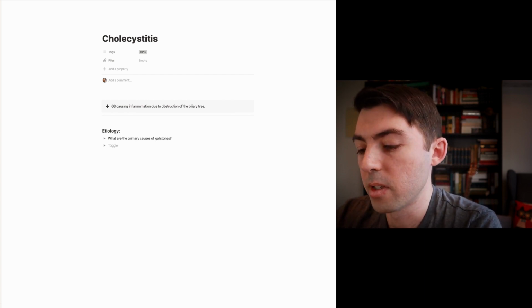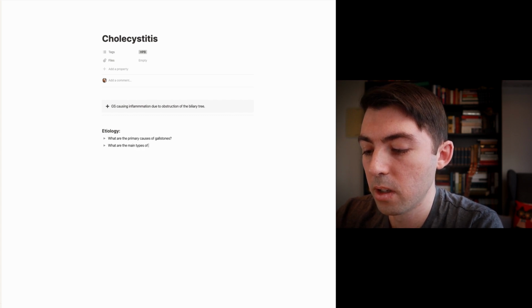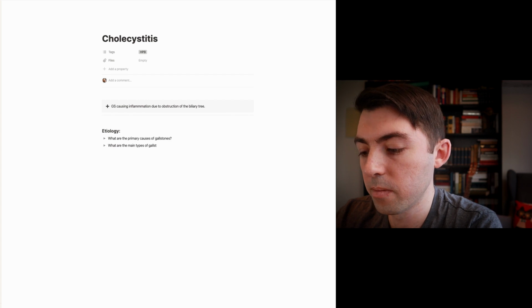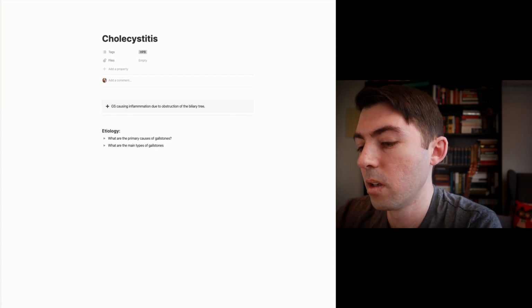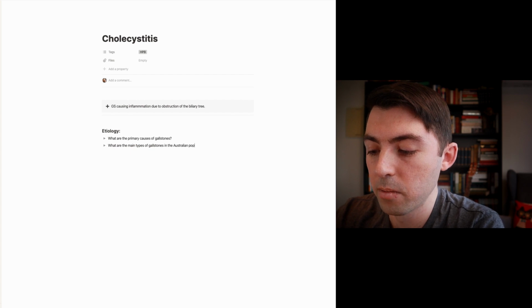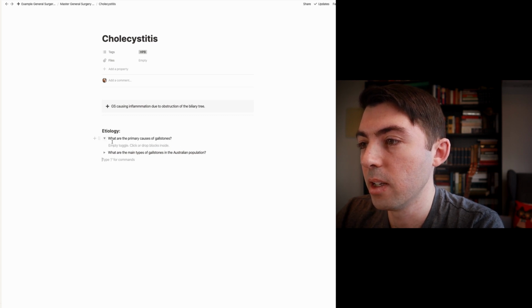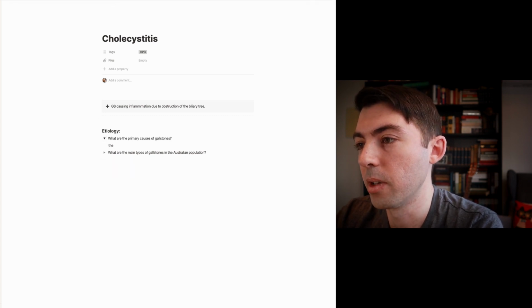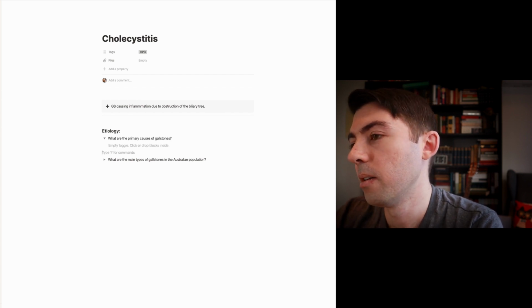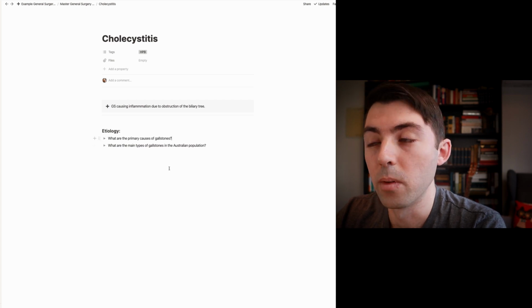And then I might say, what are the main types of gallstones in the Australian population, just for example. And then we'll go through that, and you can see these are grayed out at the moment because they don't have anything in them, but the moment I add something into them, then they'll become black. All right. And then from there, I can keep adding headings, keep adding drop-down boxes, and keep adding resources until